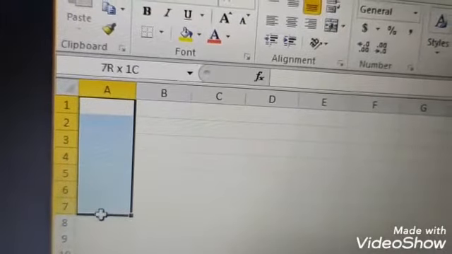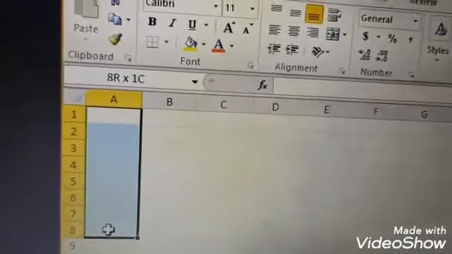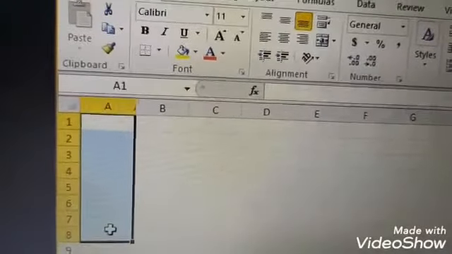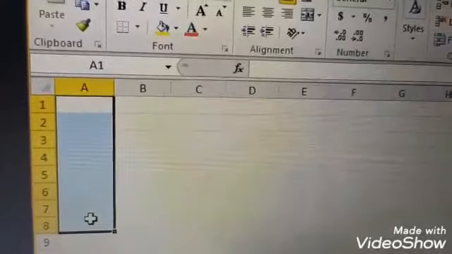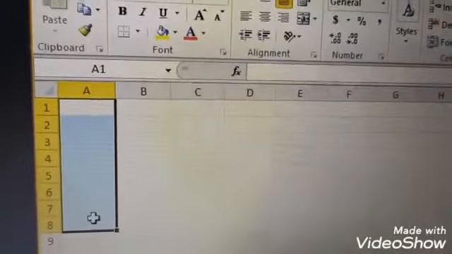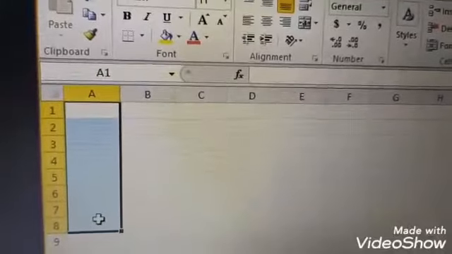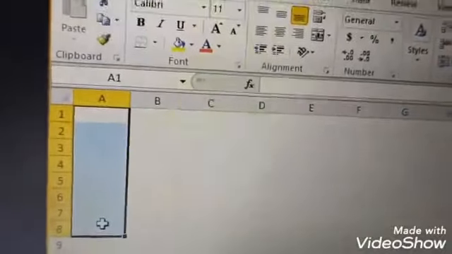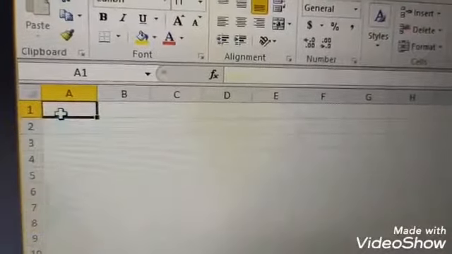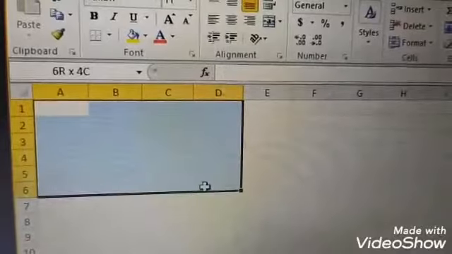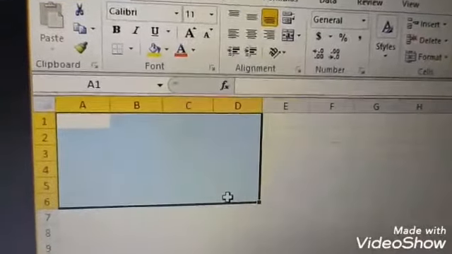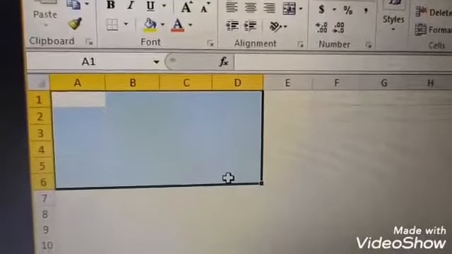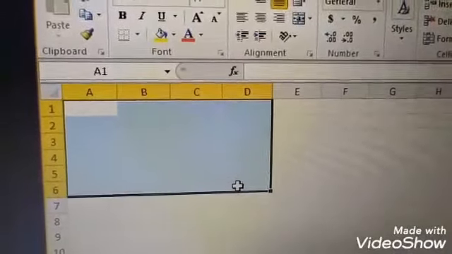When you finish the selection, you just release it. Now what will your range be? A1 to A8. I can also select a range this way: first select the first cell, and this is also my range. So it will be A1 to D6. The range of cells A1 to D6.